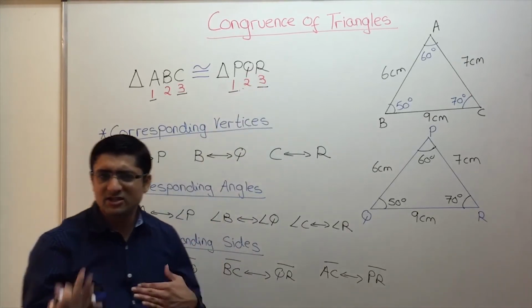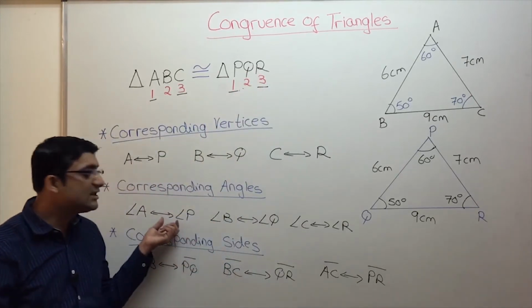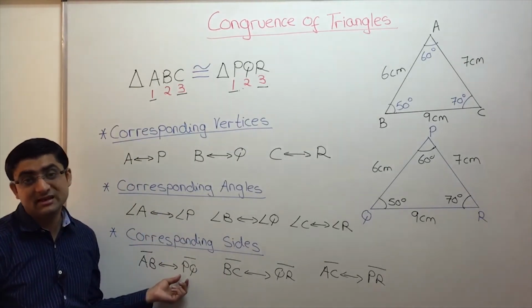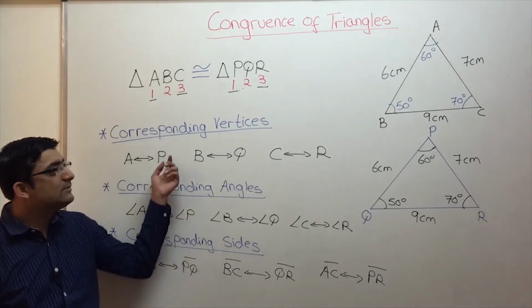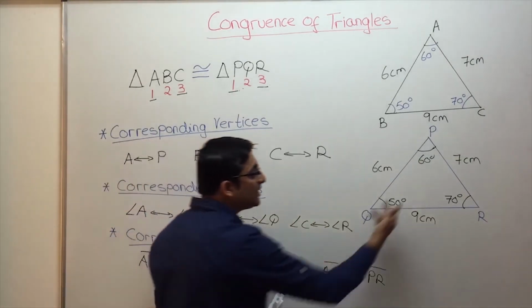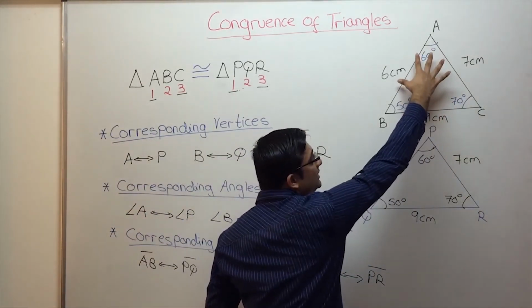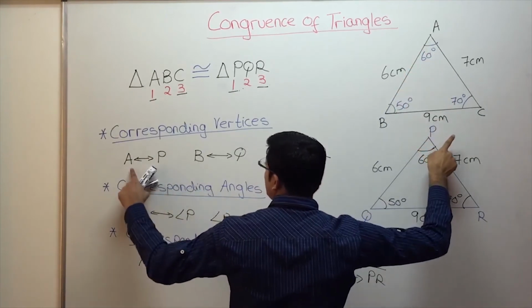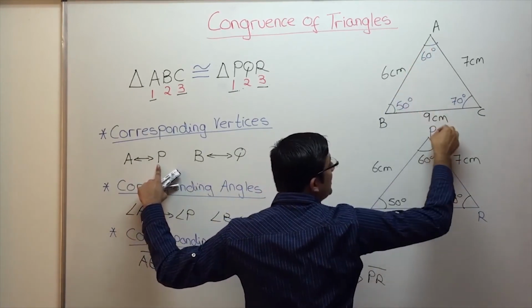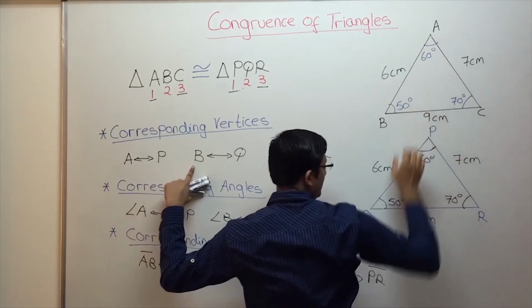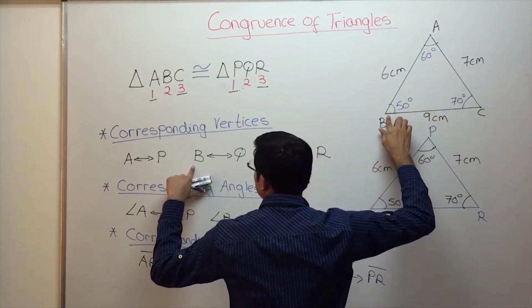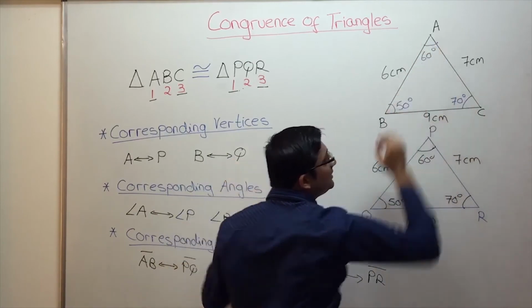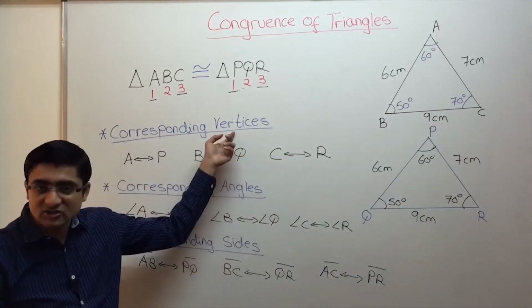What is meant by corresponding? Equal. So these are corresponding angles, means they're equal. These are corresponding sides, that means they have the equal length. What is meant by corresponding vertices? If I cut out this triangle, how should I place it over here? Should I place it as it is? Should I rotate it? See, A corresponds with P. So that means P has to come on top of A, Q has to come on top of B, and R has to come on top of C. So I have to place this triangle like this. That is what is meant by corresponding vertices.